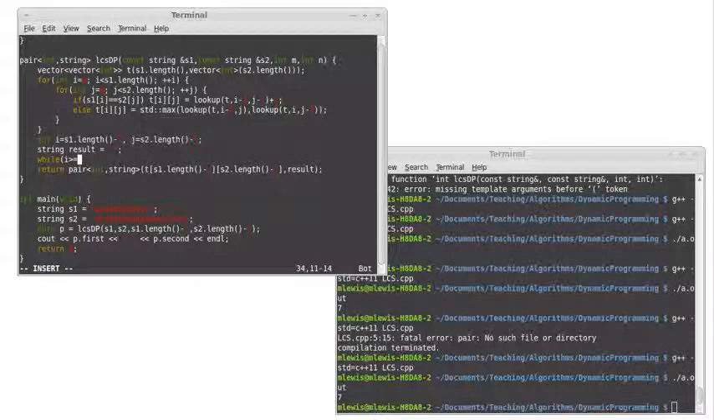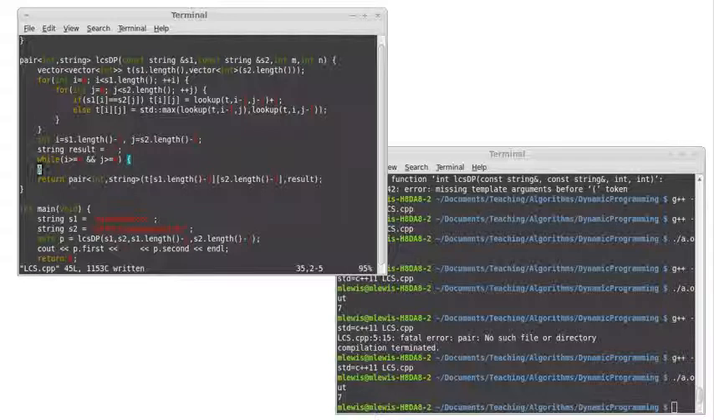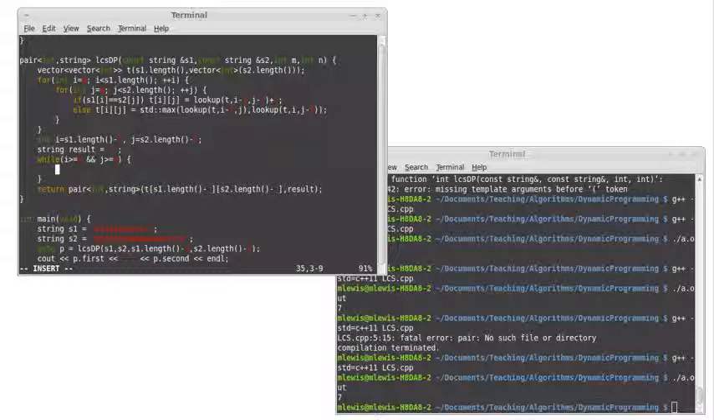So I want to keep going while i is greater than or equal to 0 and j is greater than or equal to 0. If either one of those goes below 0, well, we're done. We can't add any more characters into our solution. So what happens inside of here? Well, first we need to compare the characters at s1 sub i and s2 sub j, just like we did up here, because if they're a match, then we know that that character goes into our result, and we decrement our i and j. So if s1 sub i is equal to s2 sub j,